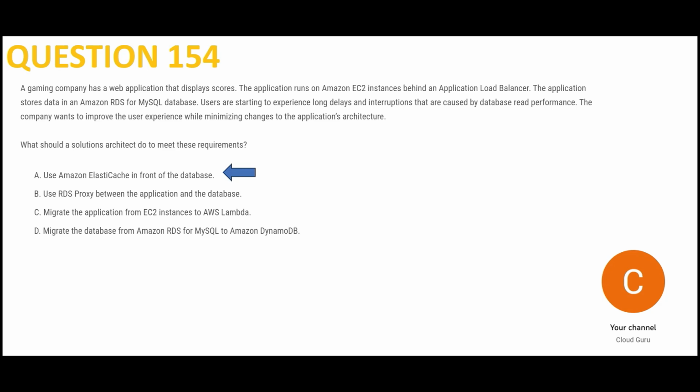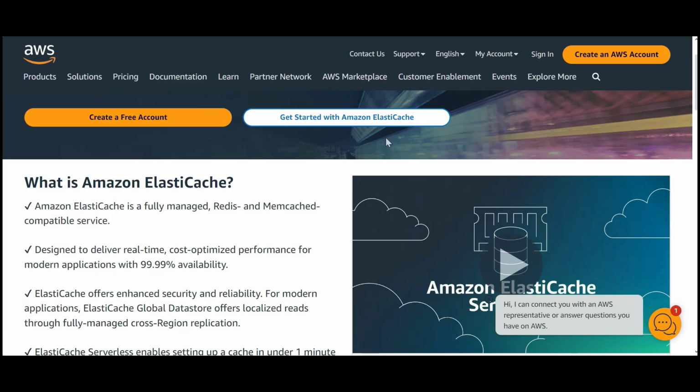Our answer should be this. We should use ElastiCache. See, two products provide cache. One is Redis, the other is Memcached. Nowadays, hardly people use Memcached. We are using Redis in most of our client applications. Okay, and it sits between the application and database. There you have to keep it, because